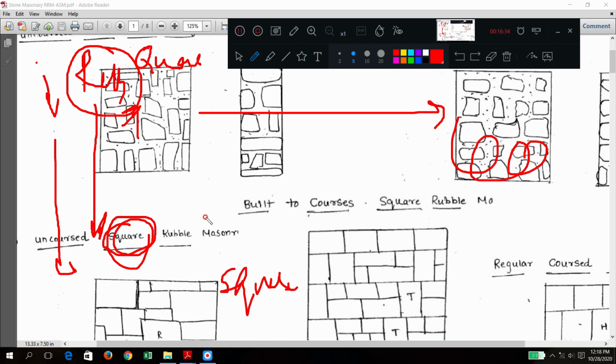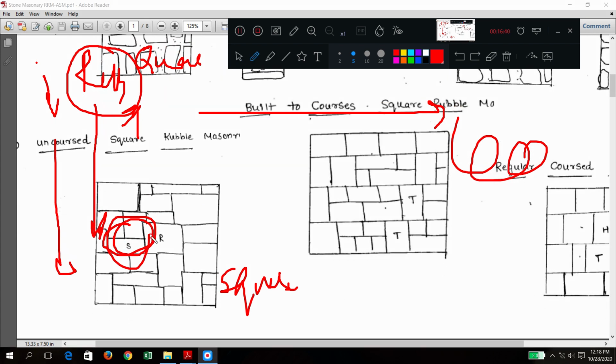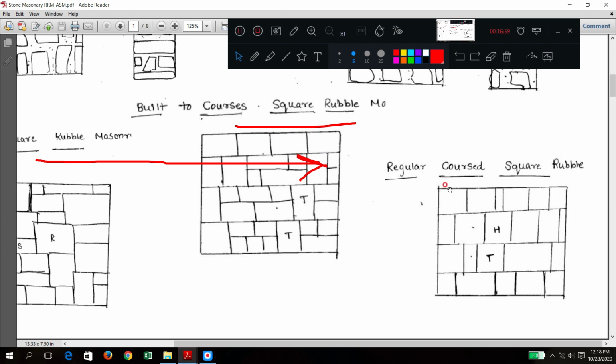Okay, now here uncoursed was there, this one uncoursed. Now from uncoursed to built to course means what? Available stones are there, so you are making layer by layer. So that is why these are called built to course. Next is what? Regularly coursed means what?